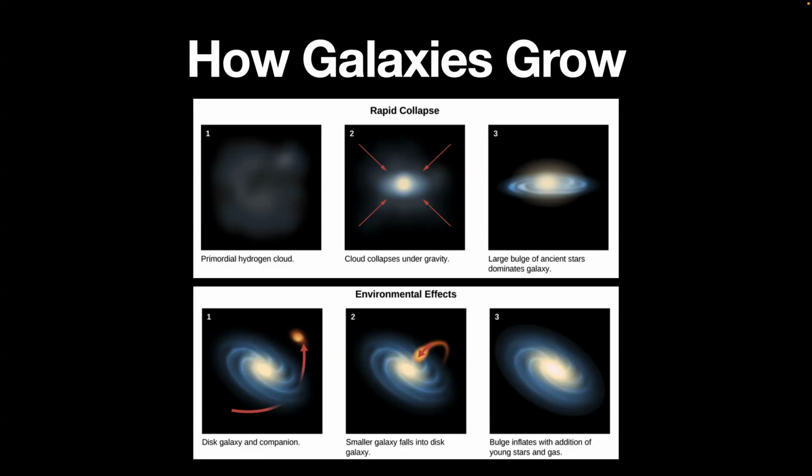So there are very massive elliptical galaxies that we have seen in the first billion years of the universe. So not really enough time for a bunch of small galaxies to merge together. So these galaxies actually probably did form all at once with this rapid collapse or monolithic collapse. However, there are very, very massive, very giant ellipticals that are actually pretty rare before 6 billion years ago. These probably formed via merging.